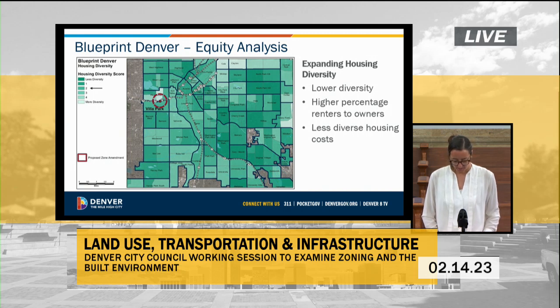The subject property is an area that has low housing diversity. The subject area is not diverse in terms of the percentage of owners to renters, number of income-restricted units, and housing costs. Adding missing middle housing is a strategy to add needed housing diversity. The neighborhood lacks smaller-scale multi-unit developments compared to the rest of the city and does not offer a diversity of housing costs when compared to Denver average. The proposed rezoning will help diversify the housing stock and encourage a mix of residential development types available.